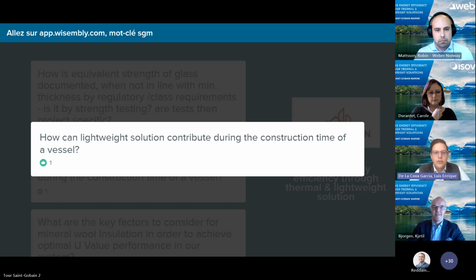How can lightweight solutions contribute during the construction time of a vessel? Carol, I will forward this one to you as well. Okay. So I guess it goes with installation time. Here we are speaking about installation time. I guess obviously where you are going, or at least when considering UC Protect solution, which is